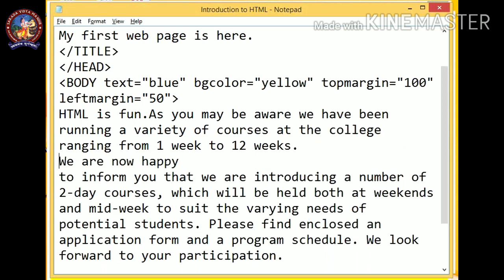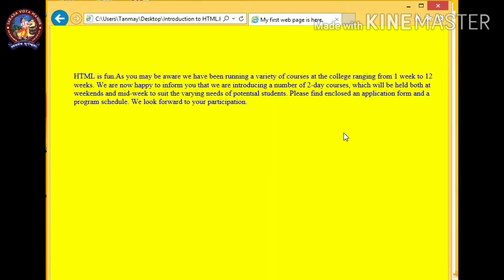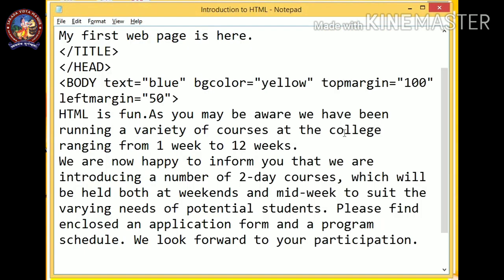If we just press enter, we may think that it is coming to the next line, so when it will be displayed in the web page, it will be the same as this. So let's see, press refresh. No, it is not working. It will not work because whenever we press enter or space, all those are rejected by the browser. The browser will automatically attach those sentences and display them in a single line.